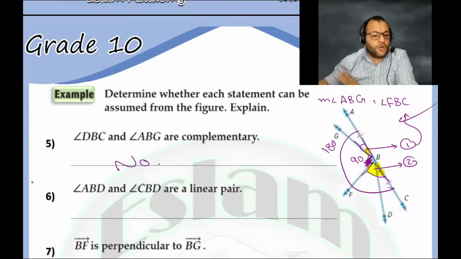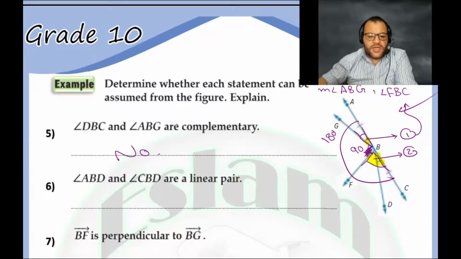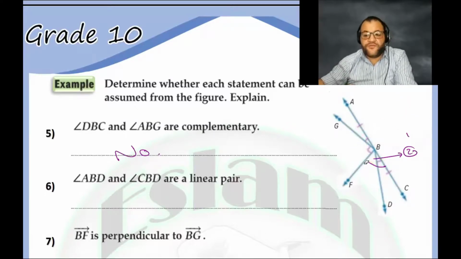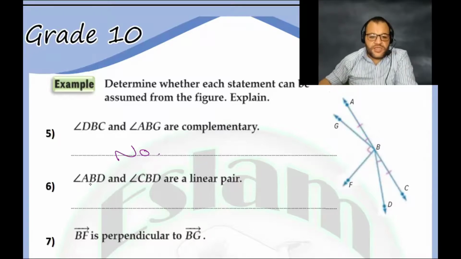Yes. Can we say that angle ABD? That's how you can understand the graph. The main point of this question is how you can understand the graph from the given. Can we say that angle ABD and angle CBD